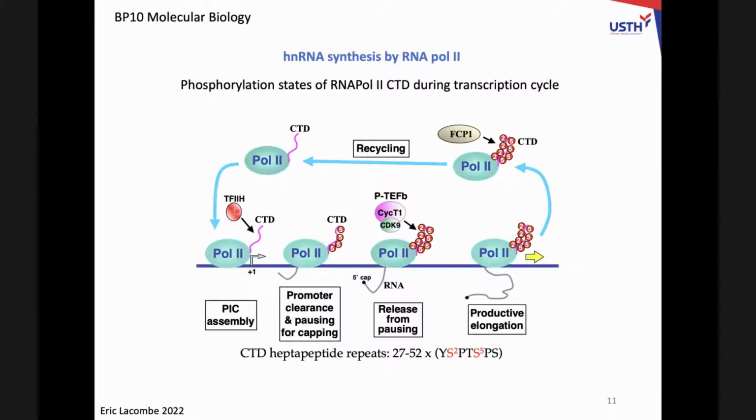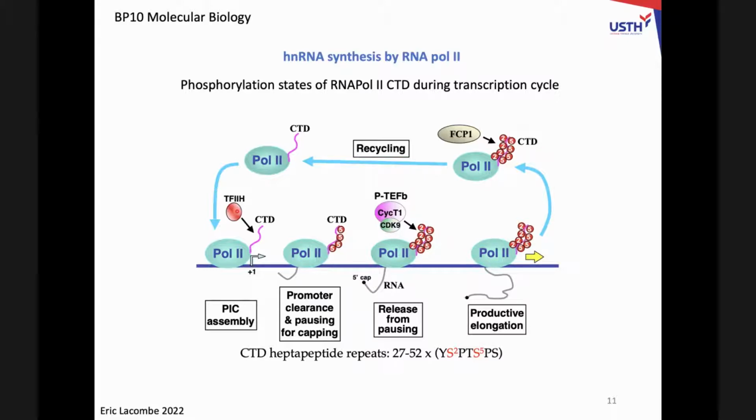Helicase, H-E-L-I-C-A-S-E. It cuts the helix of DNA. Yes. It unfolds the helix. It does not cut it directly. So this